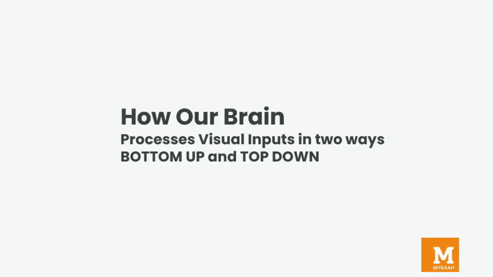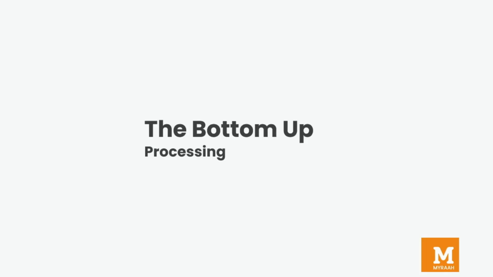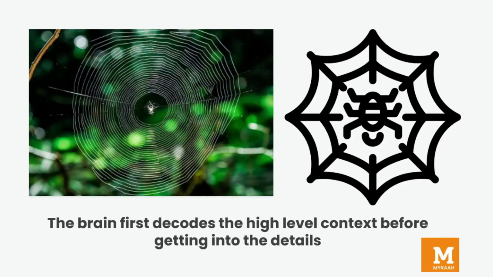As the brain receives signals through eyes, it starts processing them in two ways, bottom up and top down. In the bottom up processing, our brain processes the raw visual elements such as colors, contours, shapes, contrast, movements, textures, etc. It tries to decode the basic visual features before it can recognize what it is actually seeing. This processing is happening automatically without any extra effort, and it occurs before we pay any focused attention to what we are looking at.